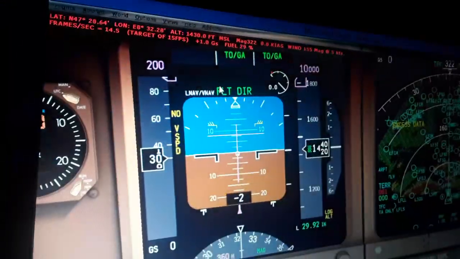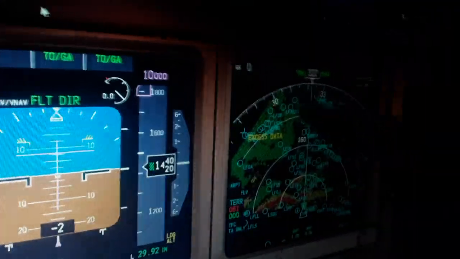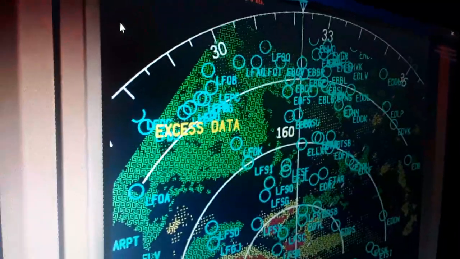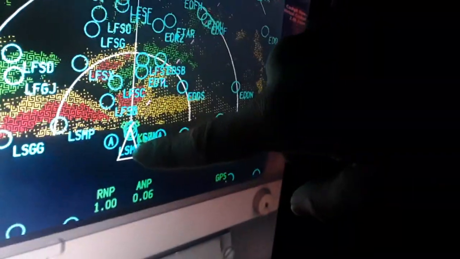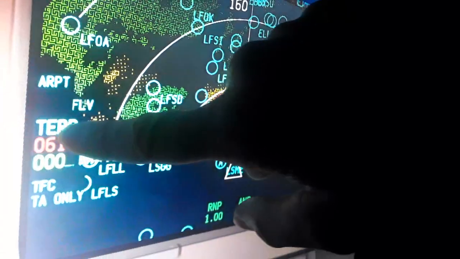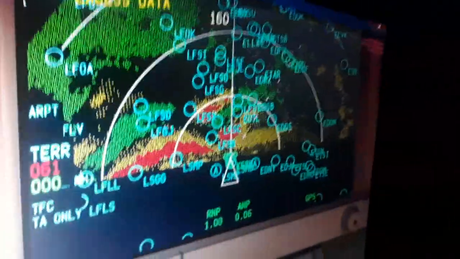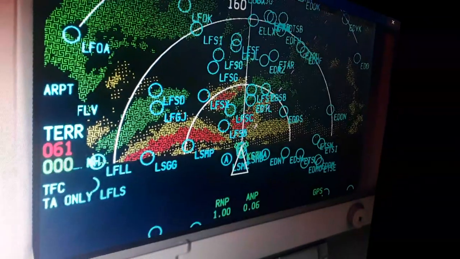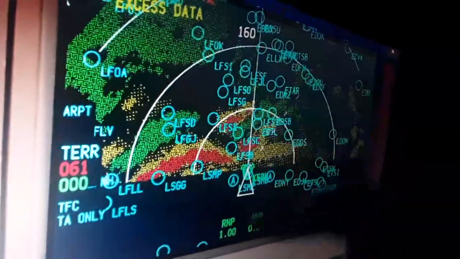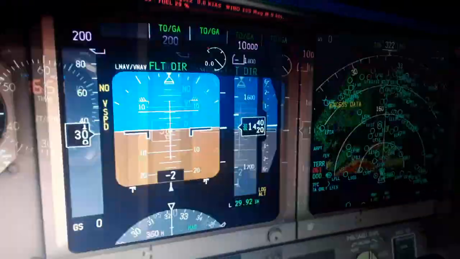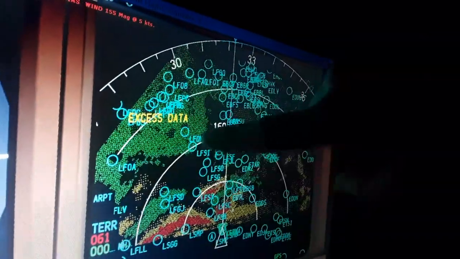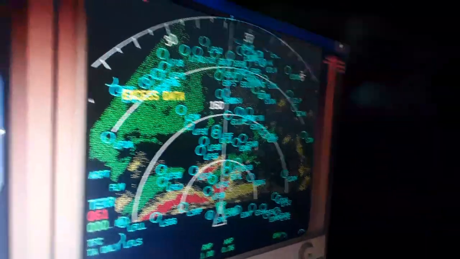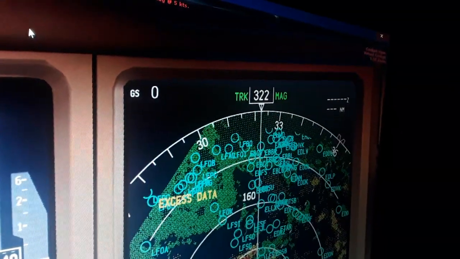We have the navigation display here. It displays terrain reflections with green, red, and yellow. You can see the red here and the yellow is the Swiss Alps, Switzerland, our own airport position here, and our aircraft position and direction. We have the maximum altitude displayed, like right now 6,100 feet with red and 0 feet with green, and the intermediate with yellow. You can see the airports here. This region here is Switzerland, here is France, and here is Germany. You can see the direction of the aircraft,